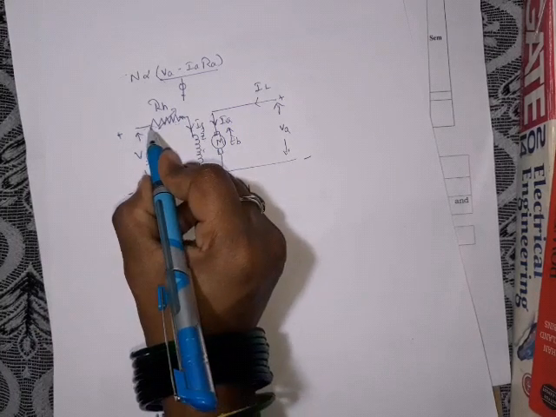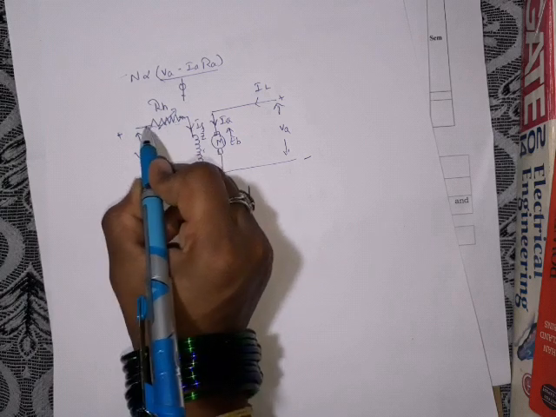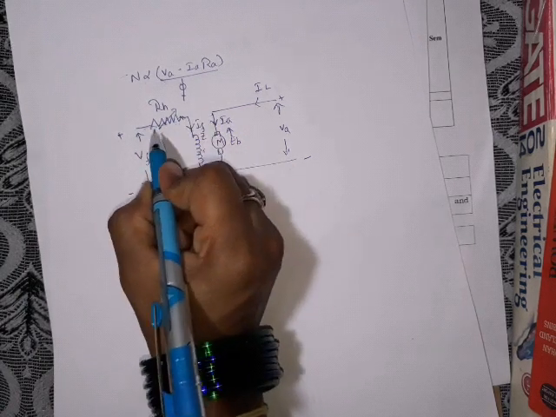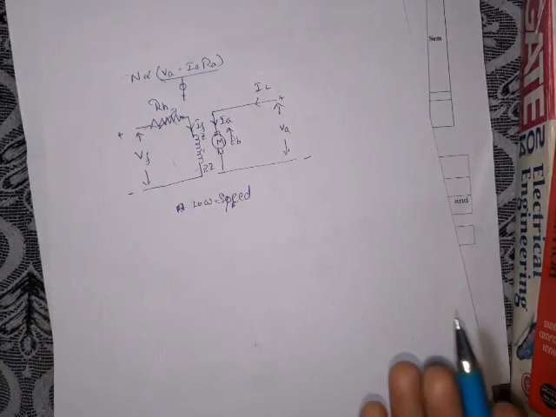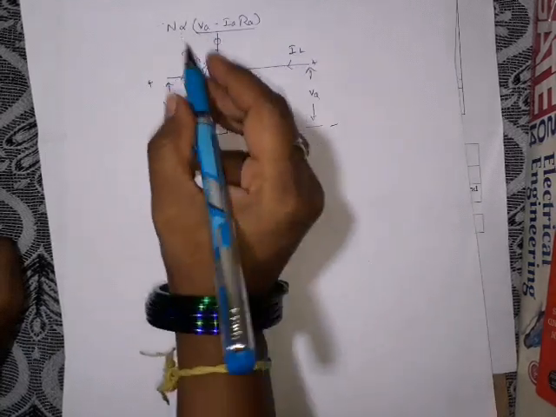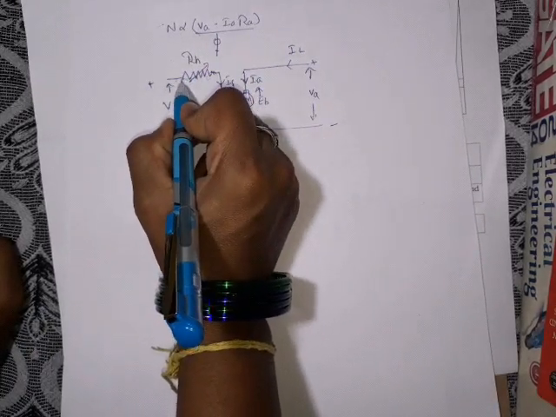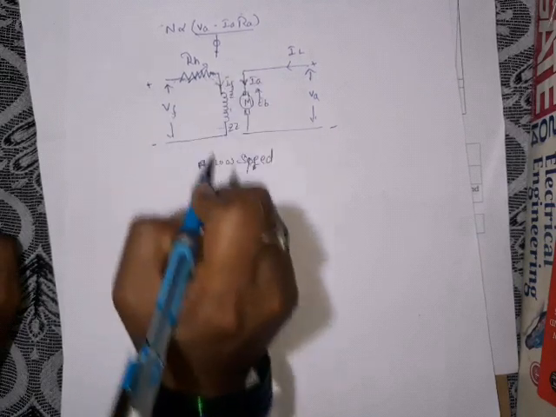So what I'll do, I'll take this rheostat to some different position, from cutout to cut-in. I'll move this rheostat from cutout to cut-in. So what happens? Resistance is going to add. When we take it from cutout position to cut-in position, slowly the resistance increases.